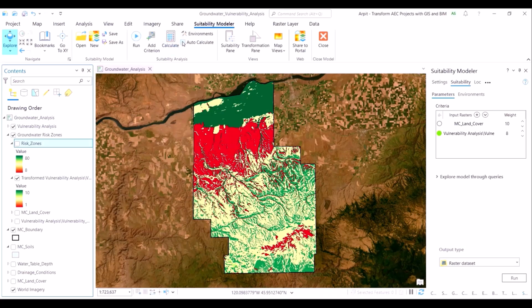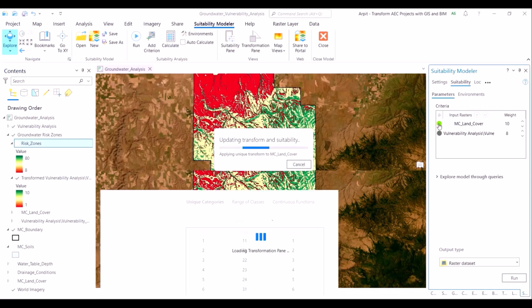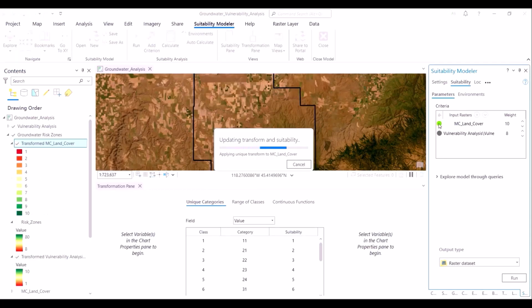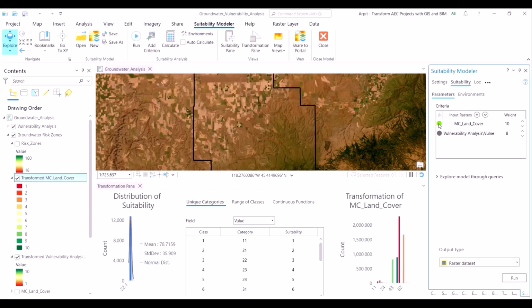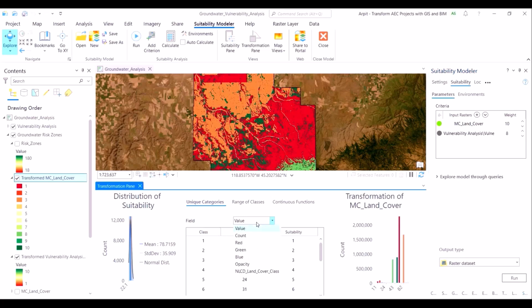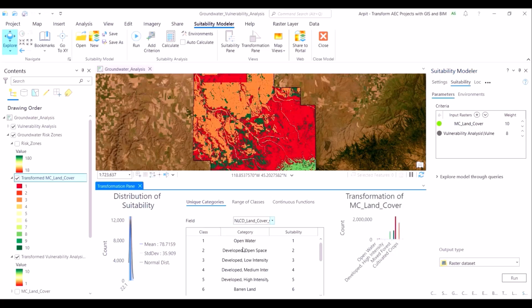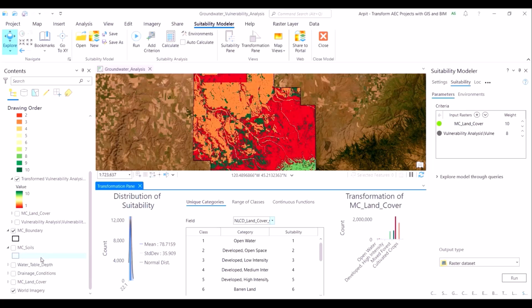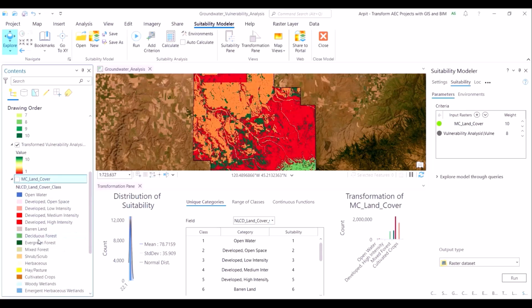Once we have decided which method is appropriate, we can move on to the next layer which we want to transform, which in our case is the land cover layer. The unique categories method of transformation would be appropriate for this scenario, as there are very distinct classes of land covers in our dataset. The suitability modeler randomly assigns a score between 1 to 10 to each of the land cover classes. Our job is to assign an appropriate score based on the land cover classes' individual propensity to contaminate